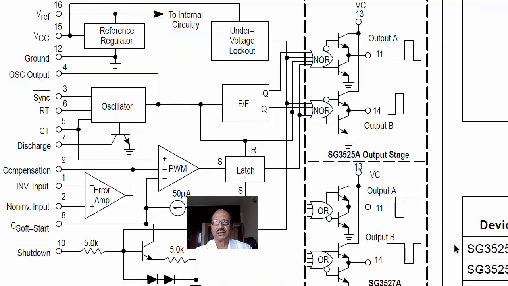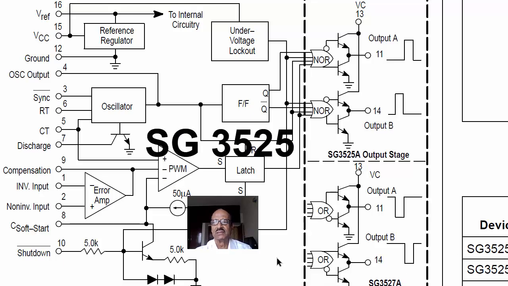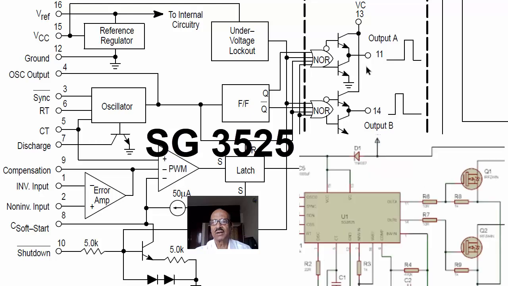But now let's see another one, which is the SG3525. What is the advantage of this SG3525A? The advantage is it has a totem pole output. This kind of arrangement is called totem pole output, where they are internally connected to the supply and internally connected to the ground, but the joint pin of the emitter of this and collector of this is taken out. So unlike the other ones where we had to use pull-up resistors, here you can directly drive